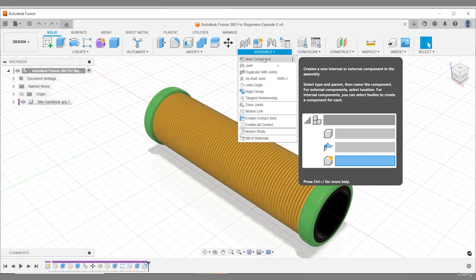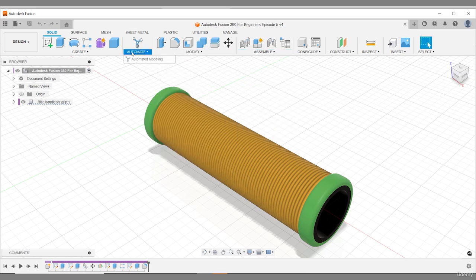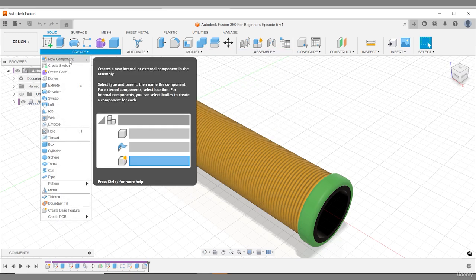We'll go on and create a new component for now, and then we'll get more reasons to see components in action later when we work with the first project. Here are 6 different ways to create your new component. You can choose New Component from the Assemble drop-down menu, from the Create drop-down menu,